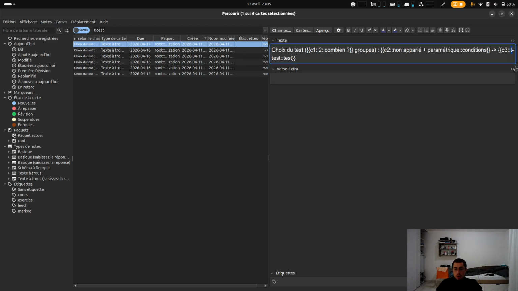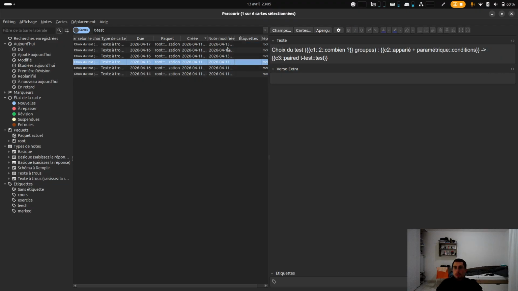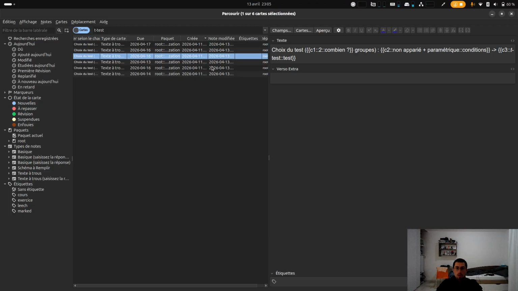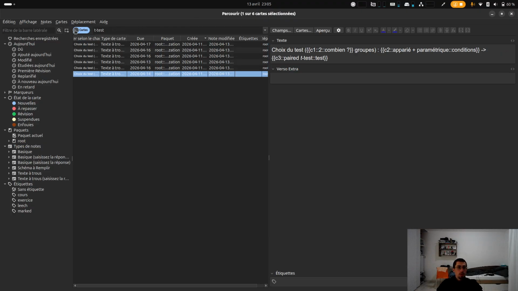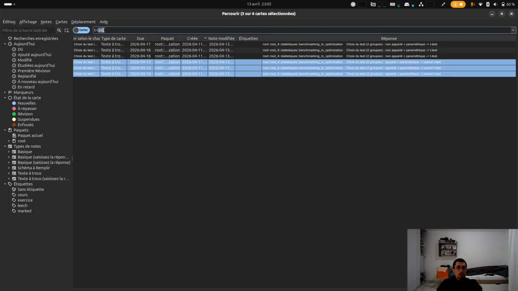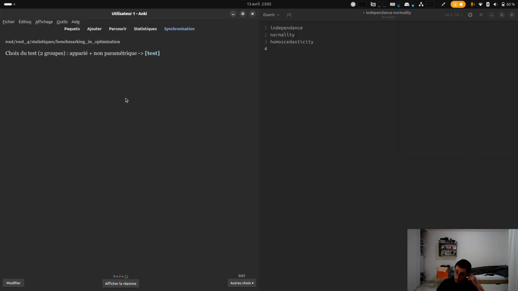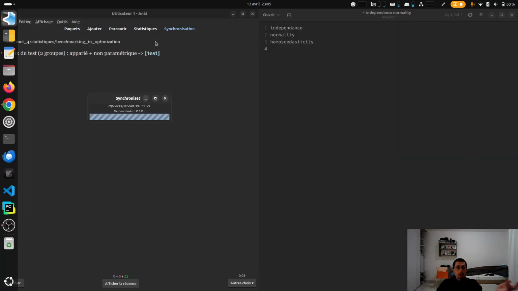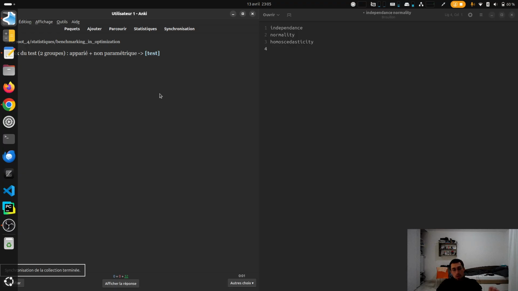I would have been surprised if I had any other cards in my 10,000 card deck with t-tests. Because when you search here, which is really dumb, it shows all the cards of your decks, even though you are in some specific deck. Anyway,